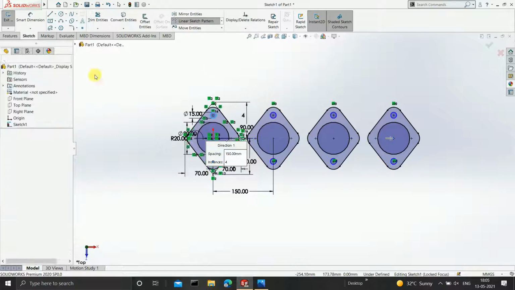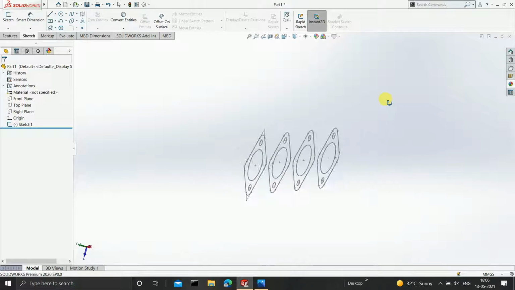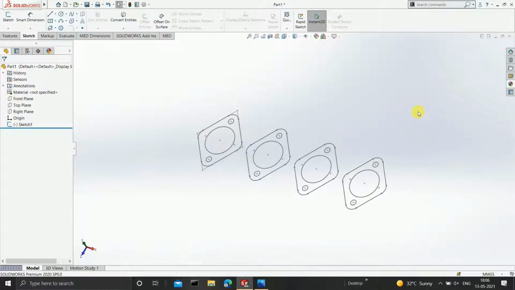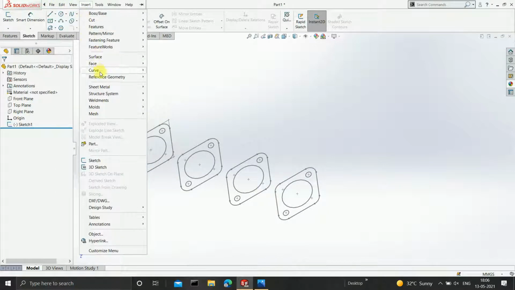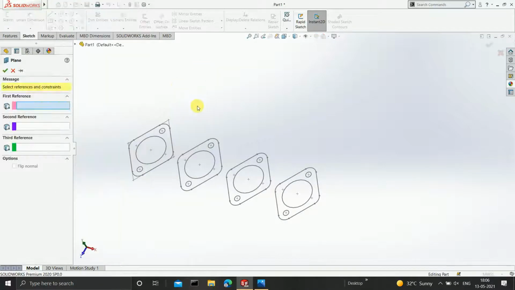Clear? Once you're done with this, then you can click on exit before it. Now the next thing that you have to do is to insert one plane parallel to the front plane. So I'll go to insert, select reference geometry, select plane. In the first reference I'm going to select the front plane